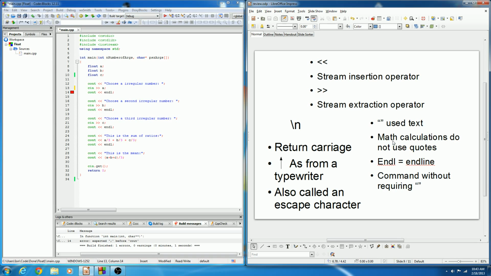So yeah, and I think that's it. Oh no, I lied. Oh yeah, with our input and output statements, these inputs are called stream insertion operators because you're inserting something from the keyboard or from whatever into a variable, and these are called stream